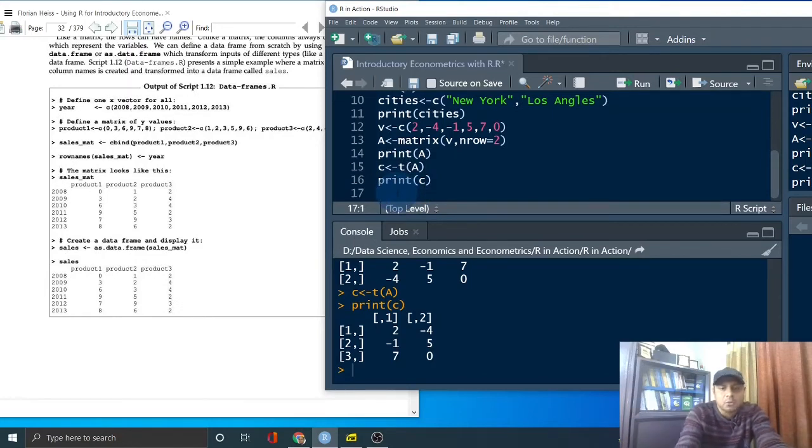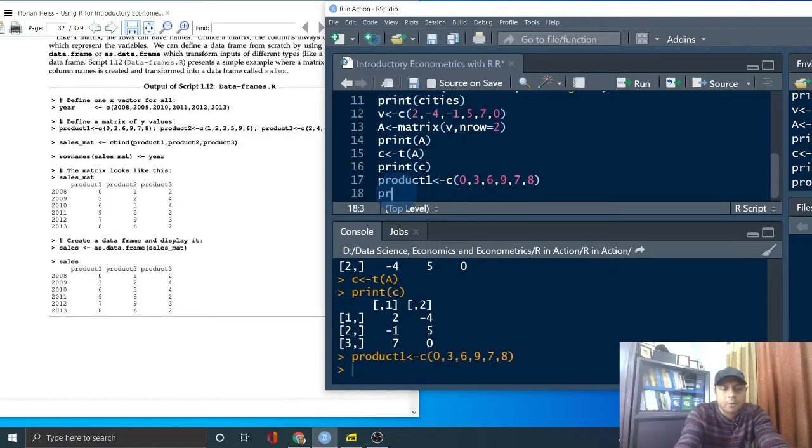First you create product, for example this one I'm using product 1. Product 1, and then our assignment symbol, and then the concatenate function like 0, 3. I'm just following the book, so you can always follow along with this book and practice. That's what we are doing. And then we have product 2, and then again our symbol and the concatenate function. We use 1, 2, 3, 5, 9, and then we have 6, just following the book, nothing more than that.